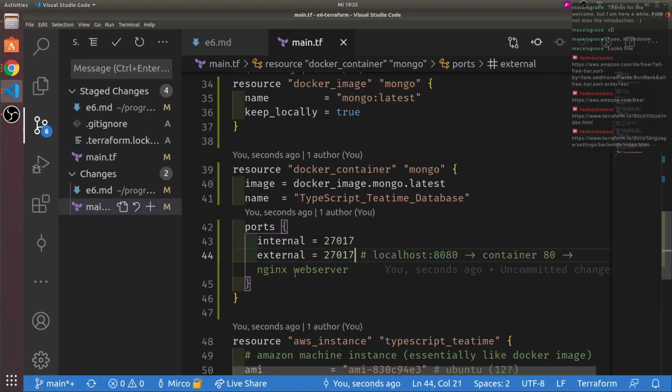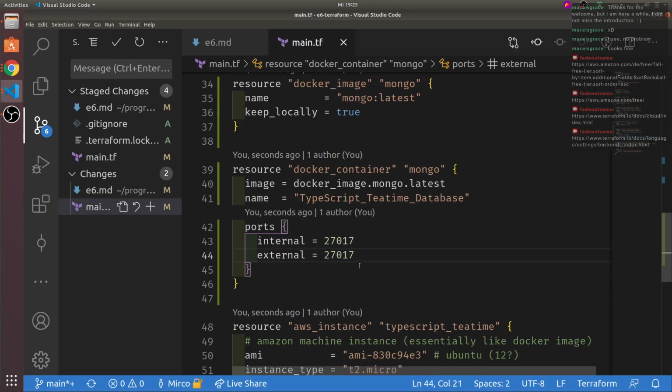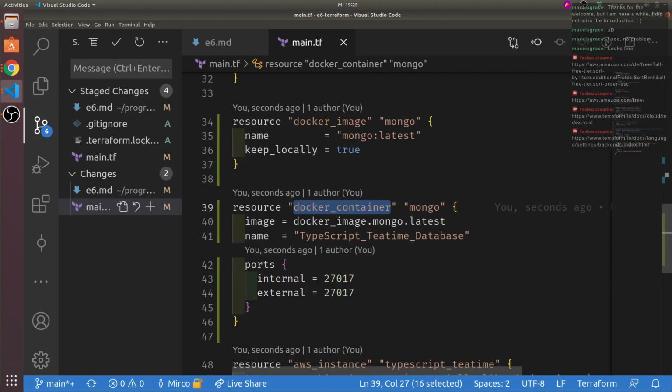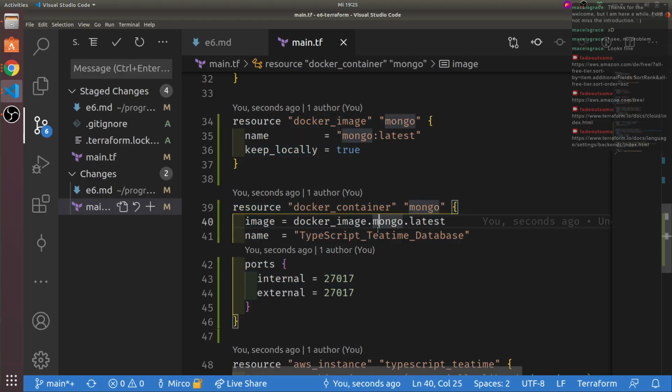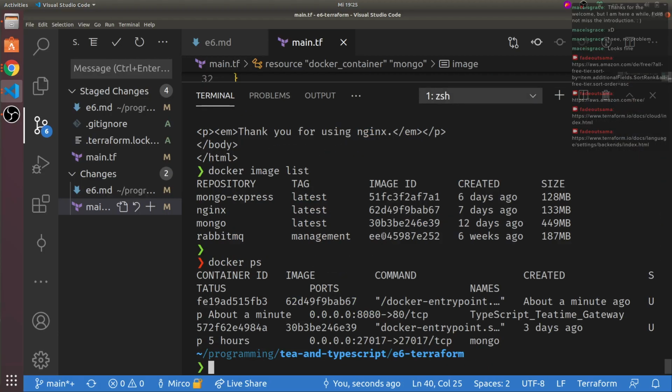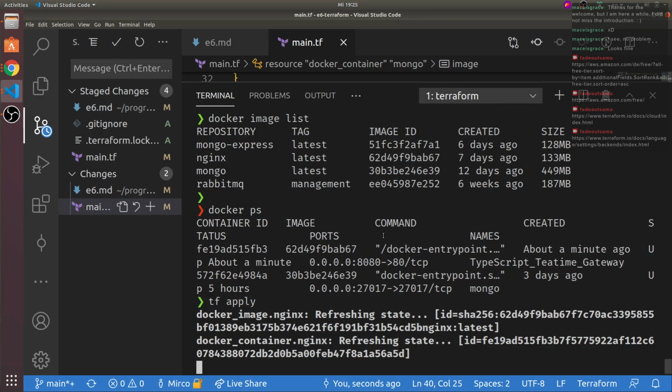And I also want to have the port forwarding from there. And that's it, right? That's how we define Mongo. Let's see what it does. I'm curious as well.